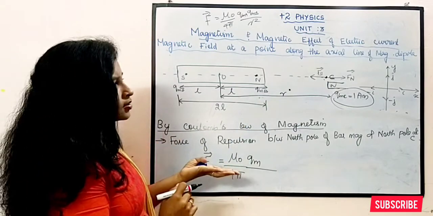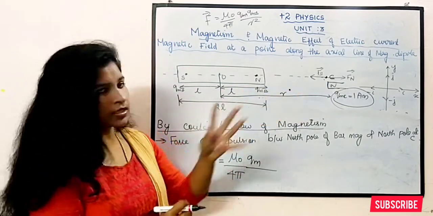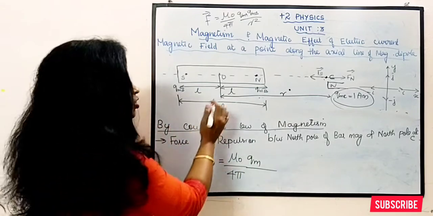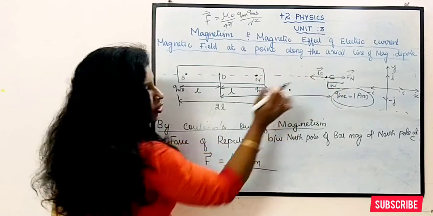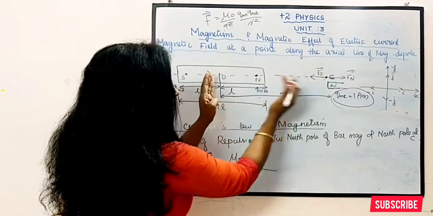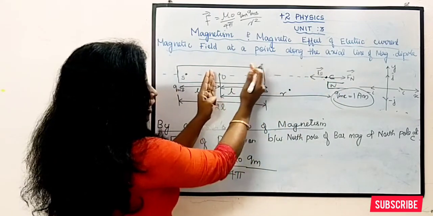So what is the distance? Do we have the distance here? No, we have to find it out. From this point to this point it is R. So how much will it be from here to here? Total R, this length L. I have to take that, I don't need this.